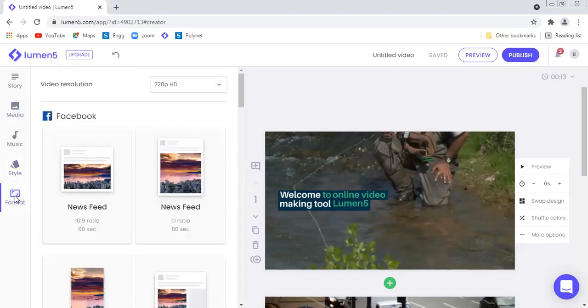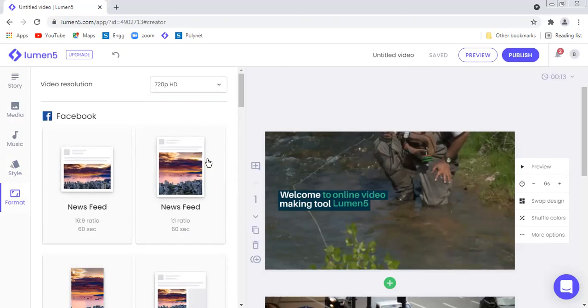Then next is format. Now you may be remembering that earlier I said that for the time being skip it because we are going to see this video format. Now here you have an option that you can have the video resolution. Now this 1080 HD video option is available only for premium, right? So since we are discussing about the free version, by default whatever is available that we will be using.